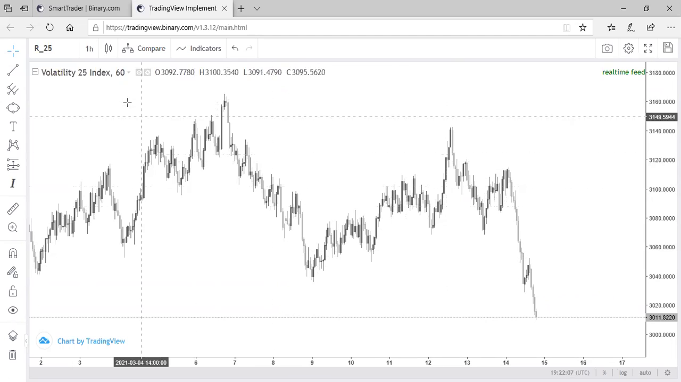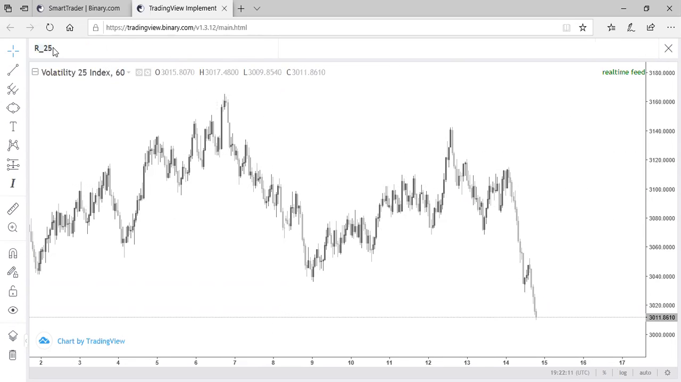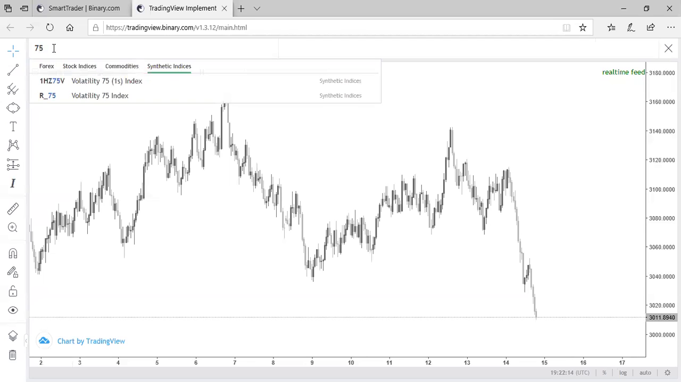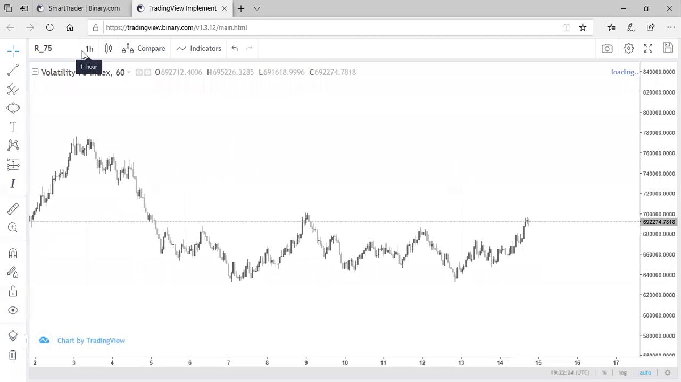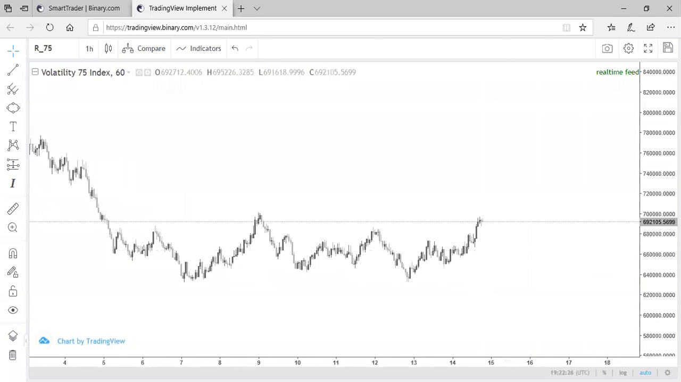Do you get it? Let me go to the VIX75 so that you get what I'm saying. On the VIX75, you can clearly see that from the daily time frame and then the weekly time frame,